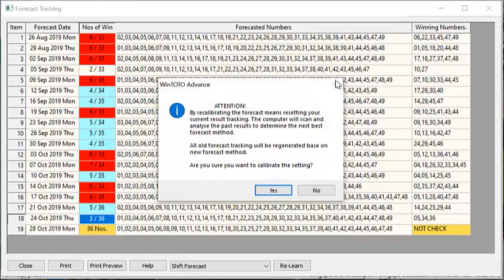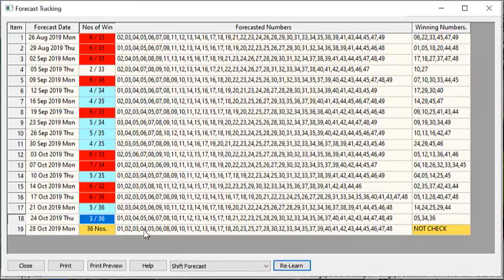Now, if you take a close look, you can see that most of our forecast numbers do not exceed 40 numbers. What does that mean? It simply means that we are getting you a better winning chance as compared to 49 numbers. Although not every single draw has 6 winning numbers, we are getting close. So from here, you can see that we are building everything for you conveniently in less than 5 minutes, as fast as we could, not to take up too much of our time, and at the same time give you a better winning chance. I think that is the win-win situation for every one of us.